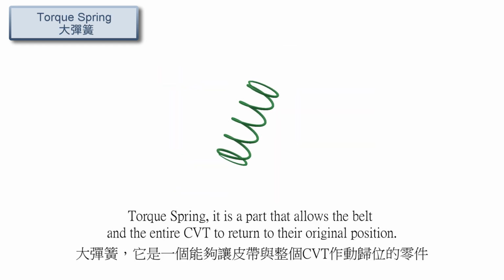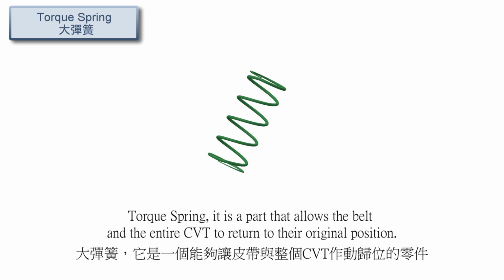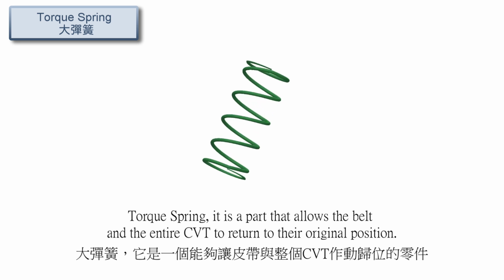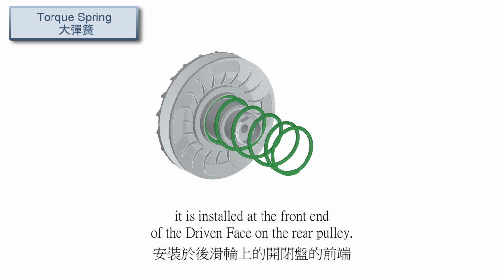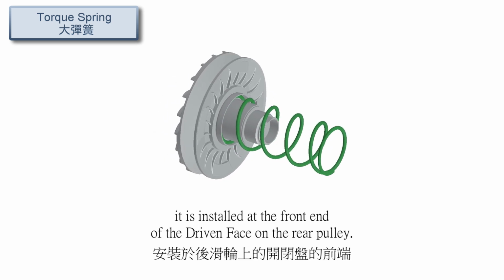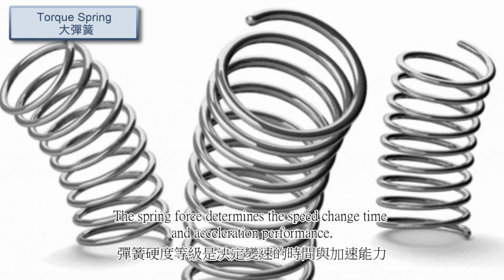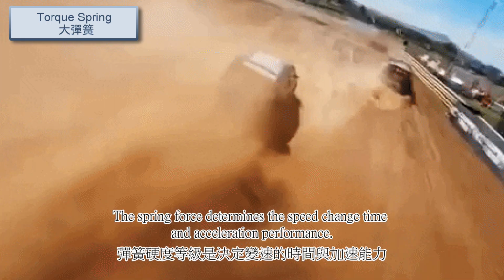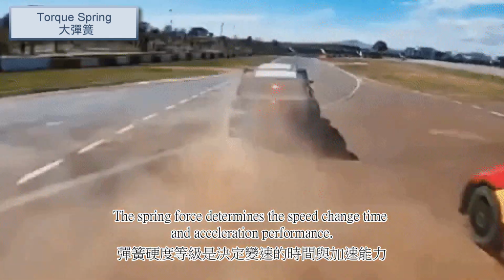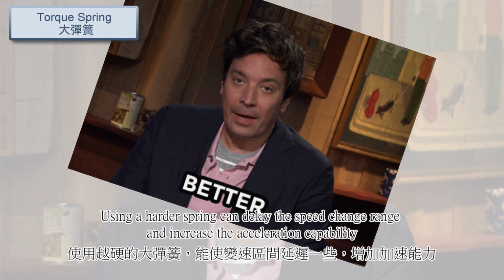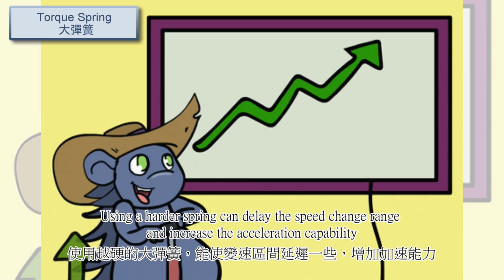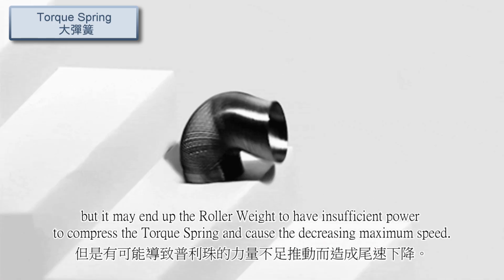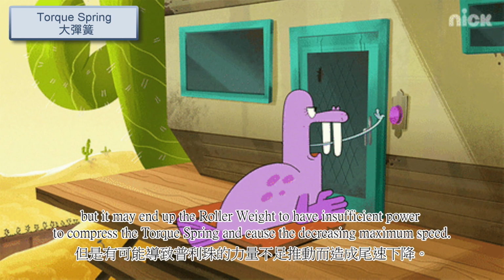Torque spring, it is a part that allows the belt and the entire CVT to return to their original position. It is installed at the front end of the driven face on the rear pulley. The spring force determines the speed change time and acceleration performance. Using a harder spring can delay the speed change range and increase the acceleration capability. But it may leave the roller weight with insufficient power to compress the torque spring,